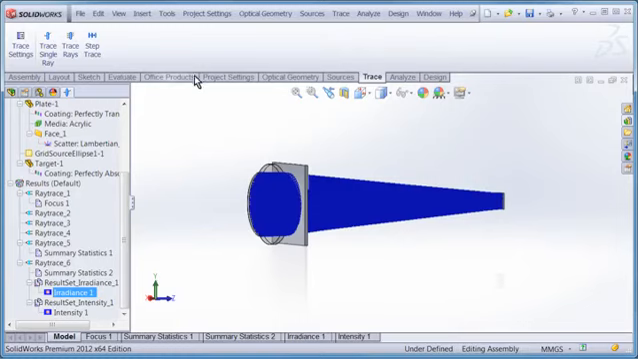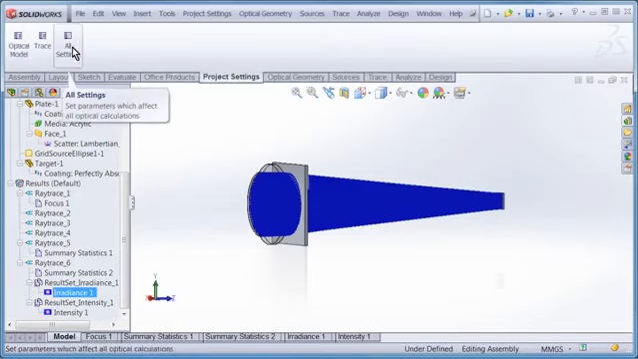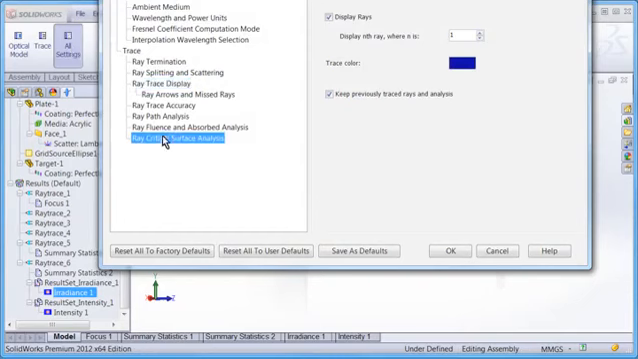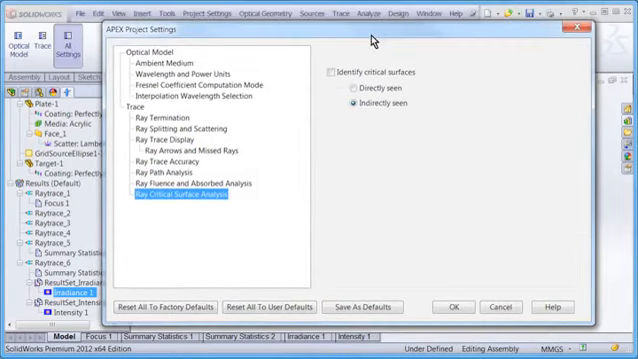To do that, again, it's in your Project Settings tab. Let's go to All Settings, and then Critical Surface Analysis. You can choose to identify critical surfaces, and you can either look at those surfaces that are directly seen or indirectly seen by your detector. And in this particular case, since all of our surfaces are optically active surfaces, they will all be directly seen by our detector. All optical surfaces are what we call critical surfaces. But just to show you how this feature works, let me click on Directly Seen, click on OK,